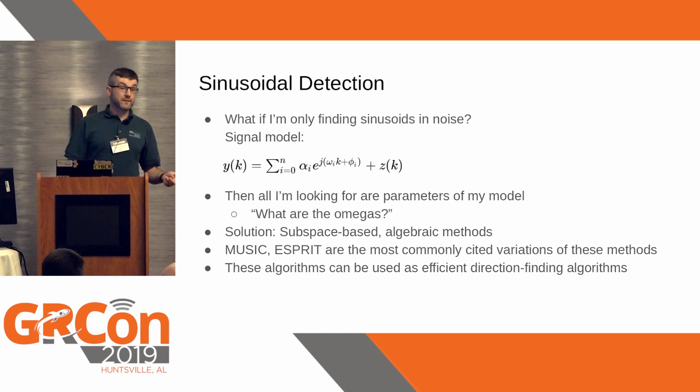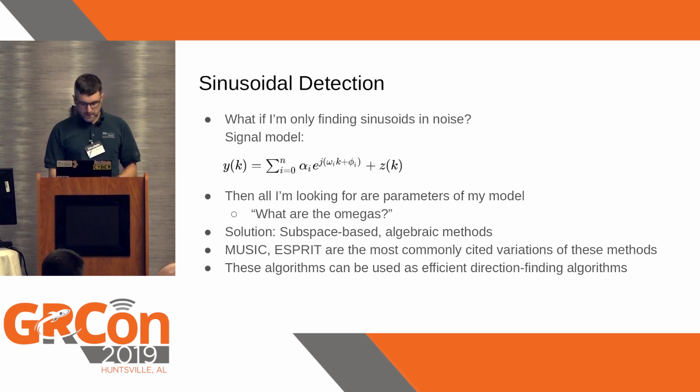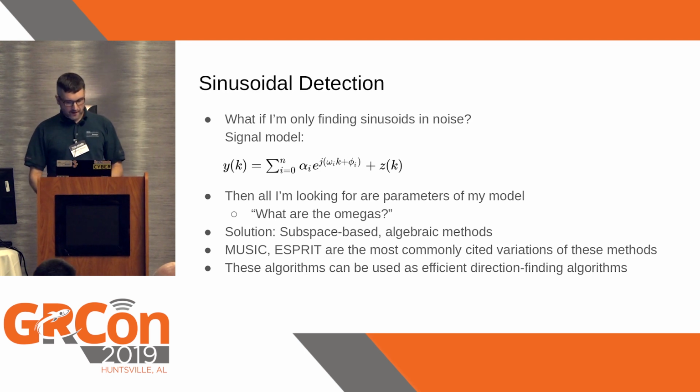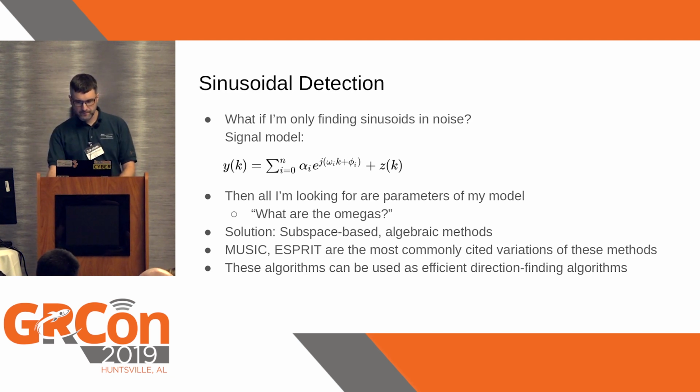Then I can have an alternative definition for my spectrum, which is this here. So I just say, okay, I have e to the j, blah, blah, blah. That's my sinusoid. I add noise. Then all that I care about is my amplitude, alpha, and my frequency, omega. So my spectrum is a set of alphas and omegas. That's it. It's not a squiggly line thingy. So there are subspace-based methods called MUSIC and ESPRIT, which do exactly that. There are also other methods that have come a bit later, which we do not have in Specest, so I'm not going to talk about them,